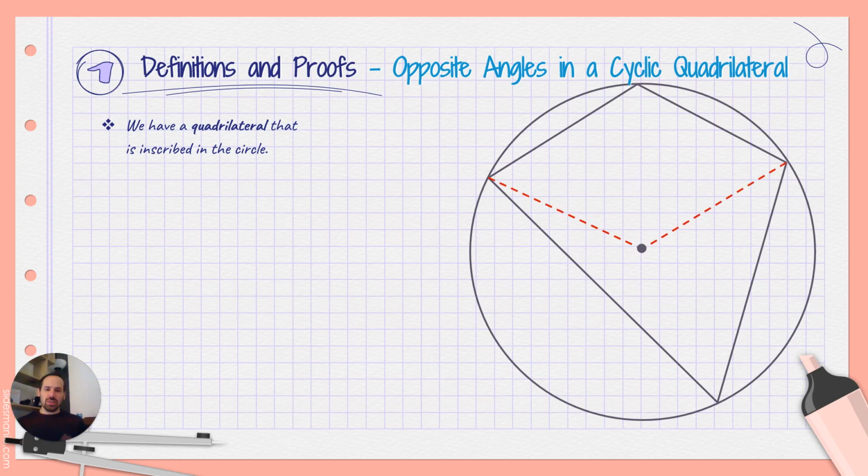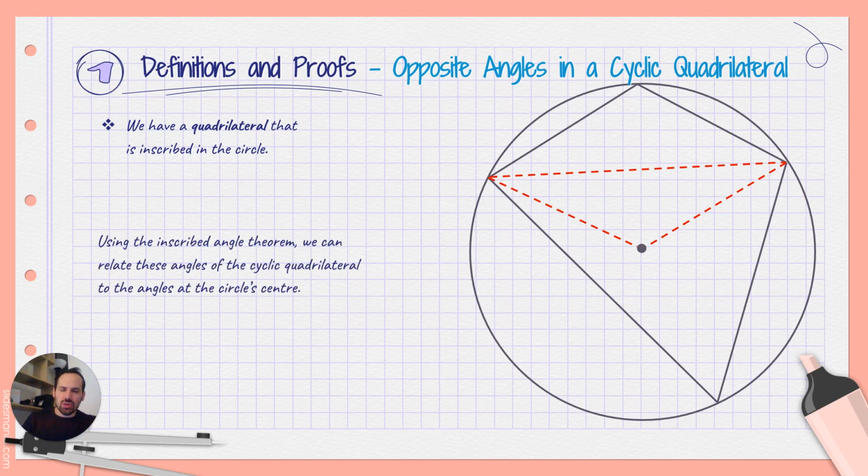Again, like we usually do, drawing your radial lines to various vertices because we know that they're going to be equal, which is useful information. We could draw this chord going along here. So just generally joining up vertices can be a good place to start, see what happens. So using the inscribed